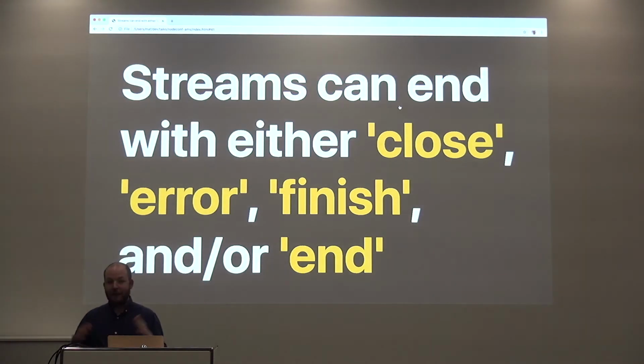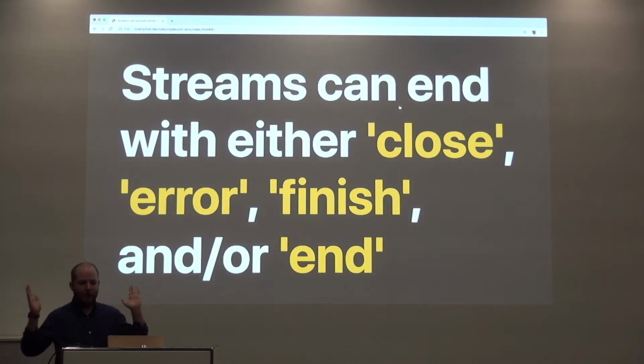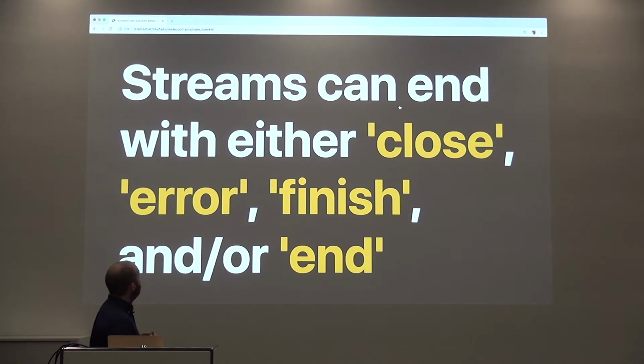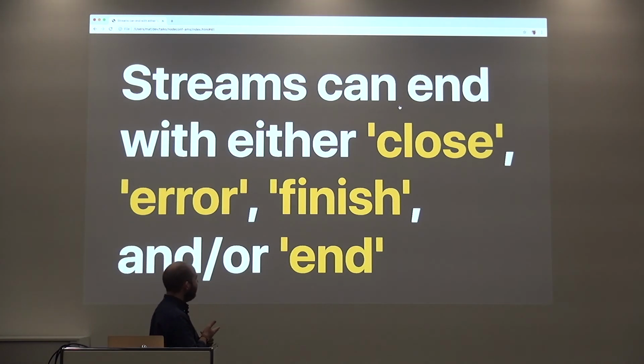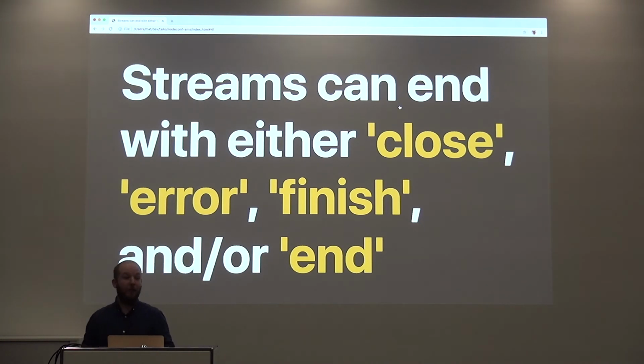So it's actually not that hard. There are only 4 events you need to worry about. It's all kind of the same. A stream in Node can end with either a close event, an error event, a finish event, and/or an end event, or a combination of the 4, depending on the matrix of the Node versions you're running. So it's incredibly complicated. And I love the fact that they all sound like the same thing. I'm not a native speaker of English, but I would say that all those things are at least trying to convey the same thing.